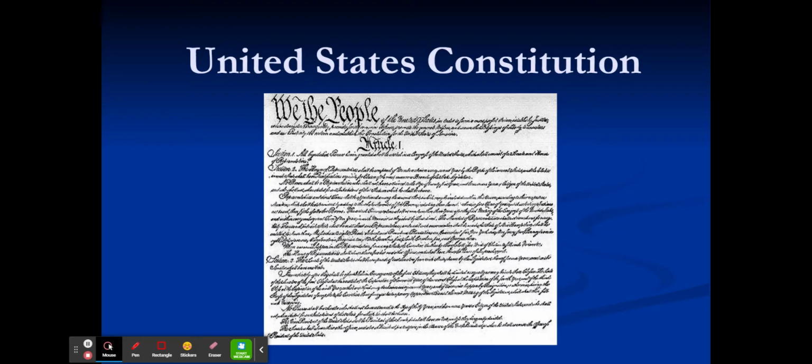Hello, scholars. Welcome to our next study in history, the United States Constitution. Now, a quick note as we jump in and get started. To help keep us on track with the amount of history we need to look at this school year, we're only going to spend the next two days, next two lessons, on the United States Constitution.